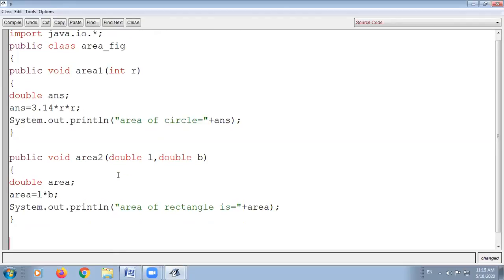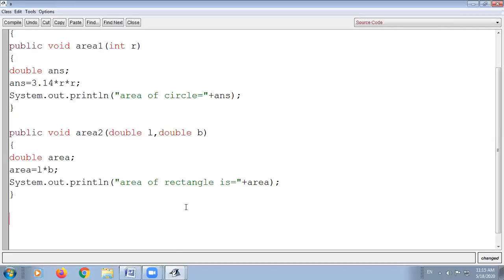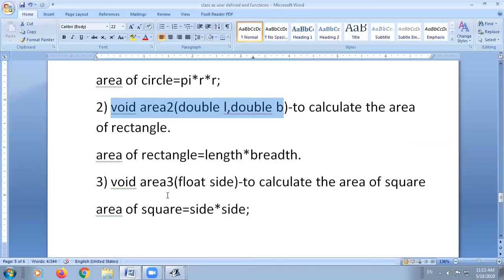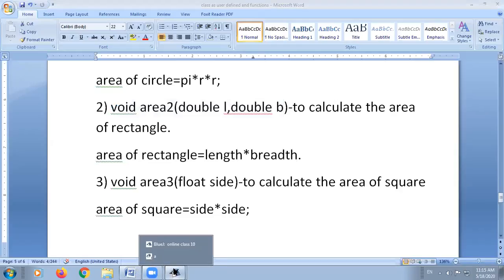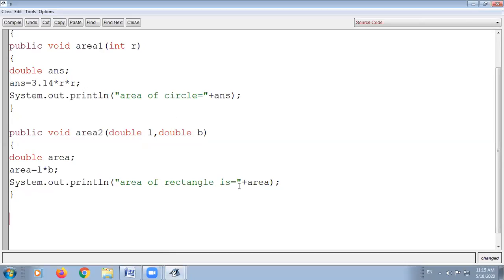Now next we will create the area 3 function. Now what is the area 3 function's task? That is, it calculates the area of a square. We will create the third function, that is public void area 3.